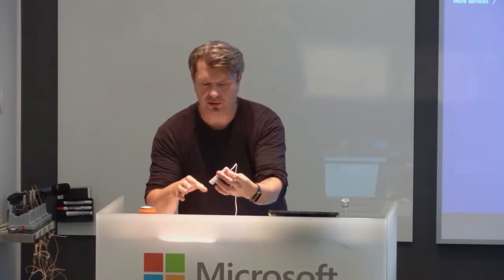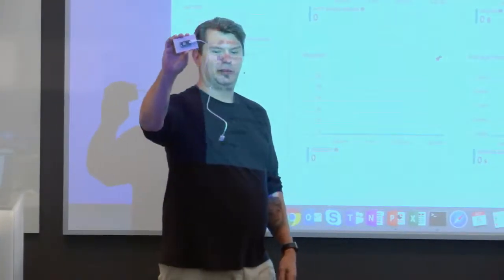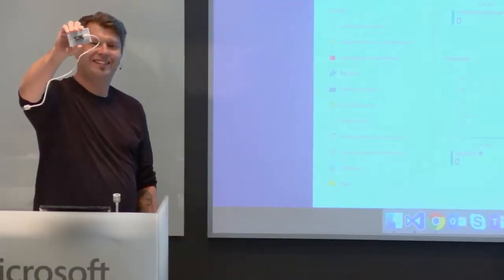Now the surprise. Up here, I have a Particle Photon device. It's a tiny little microchip. I feel like Jobs. I have a microcontroller in my hand with a dongle connected to it. Okay. And what I'm going to do is plug this in, and I'm going to bounce you out